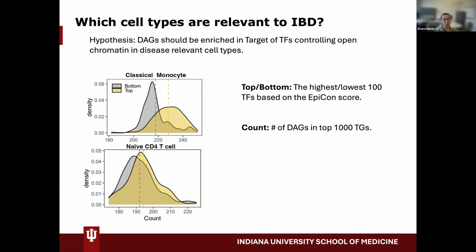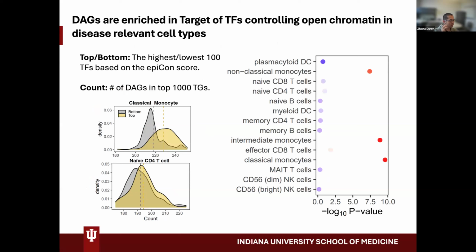That means monocytes are more relevant to the disease. Here the result is that in three types of monocytes, the important transcription factors and the bottom-ranking transcription factors have very different